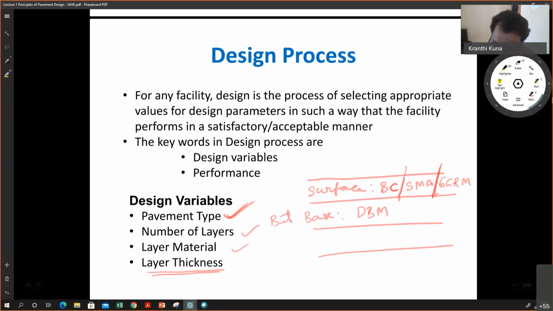And for the base, we have a CTB, cement treated base, or granular base, cement treated sub base, granular sub base. Okay, and obviously if you want to include any geotextile like